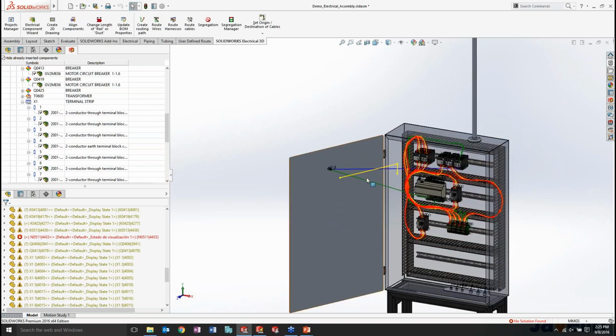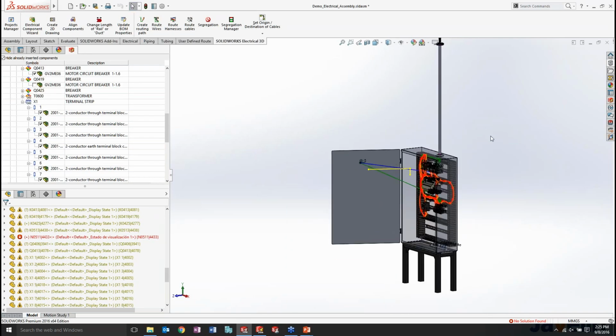No, it still doesn't like the fact that we don't have any route that is exactly going there, but we can fix that very easily. I can show a different example for that. So